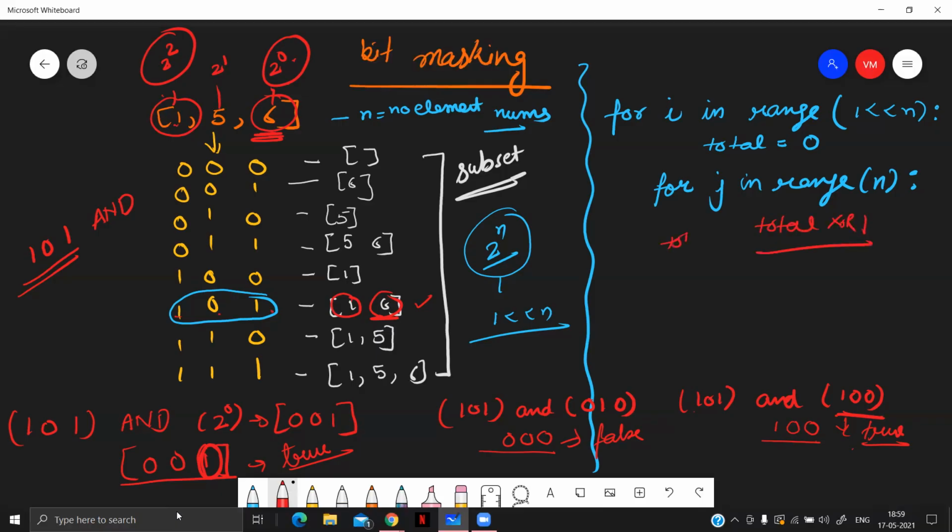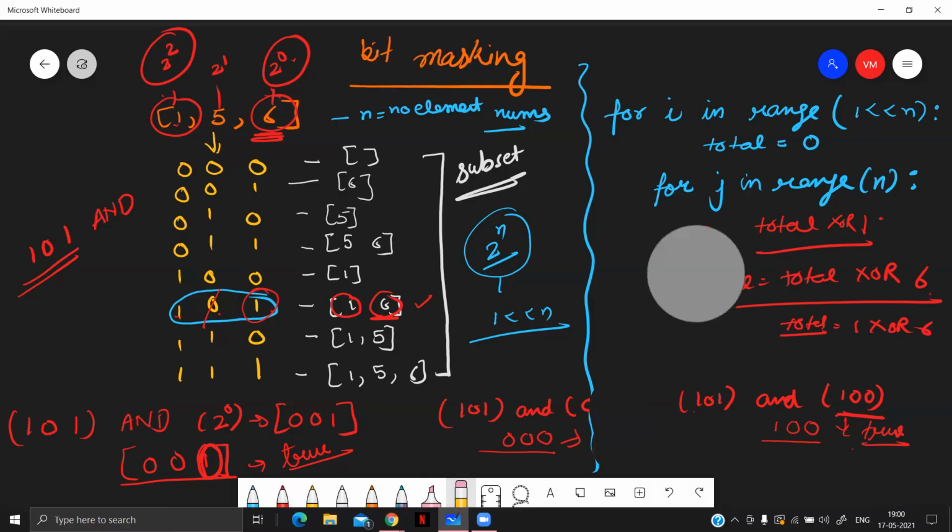Then the result will be stored in total. Then again, 0 will affect nothing to the total value. And when we consider 1 again here, that will contribute to our XOR sum. Again, the total will be total XOR 6. So total will store the value of 1 XOR 6. I hope this concept is clear to you.